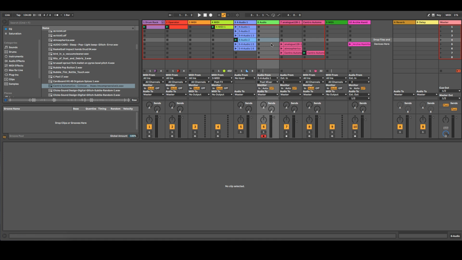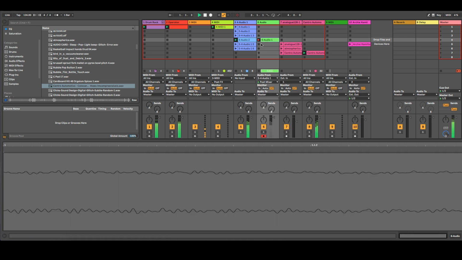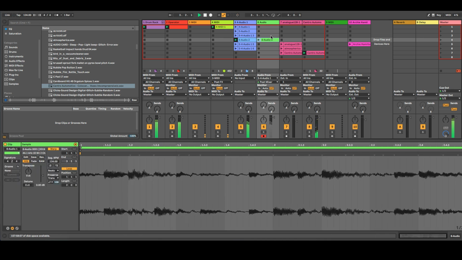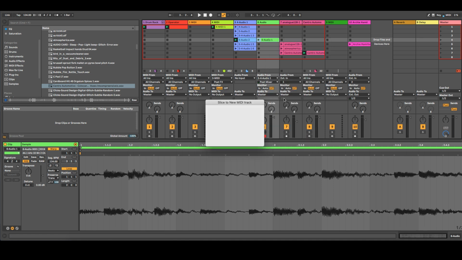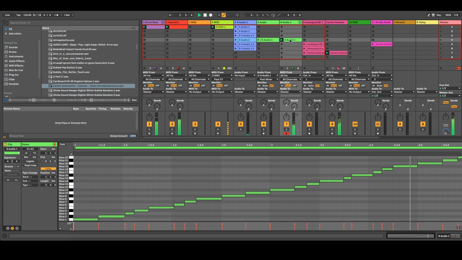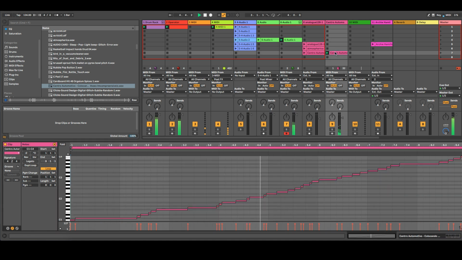I'm trying to show you the simplest part. Now it stops. Okay, cool. So now this is going to be sliced to MIDI. There we go. And we have these temporary percussion.